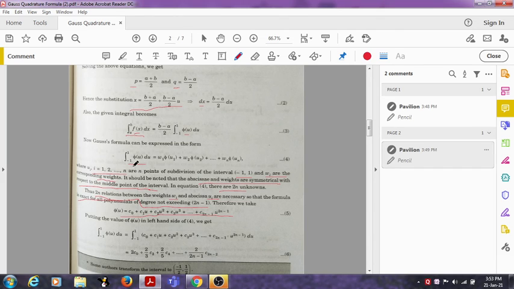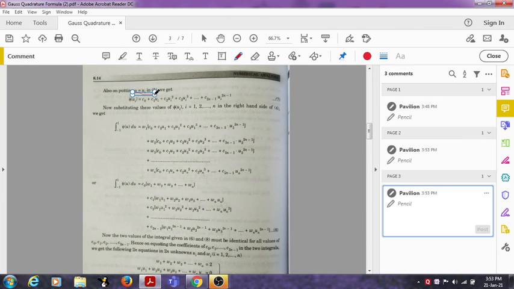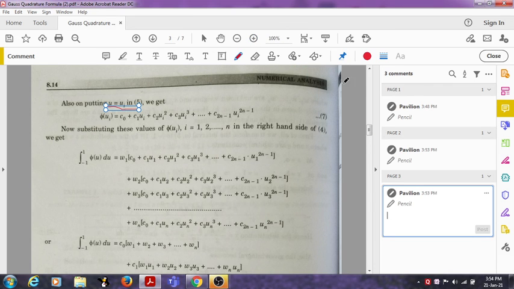Equation 4, left hand side is integral minus 1 to 1 phi u du, and we can put phi u from equation 5. So we substitute the value of phi u in this equation, and after solving the integral, we get equation 6. Now, put u equal to ui in equation 5. So if we put u is equal to ui in this equation,